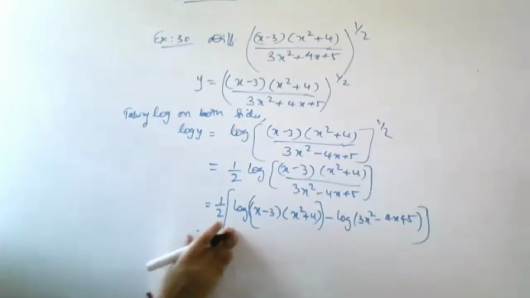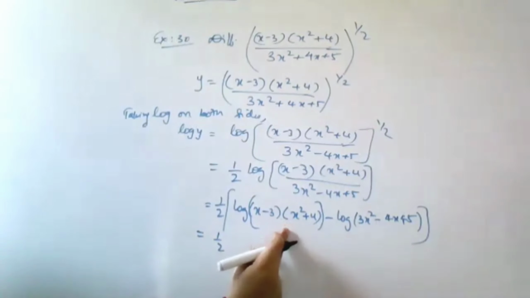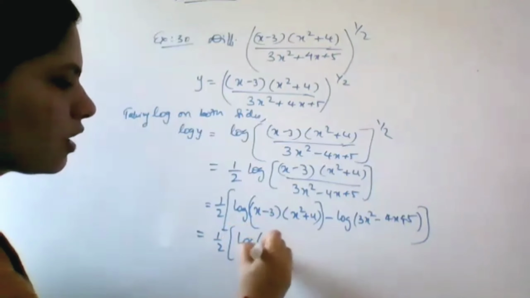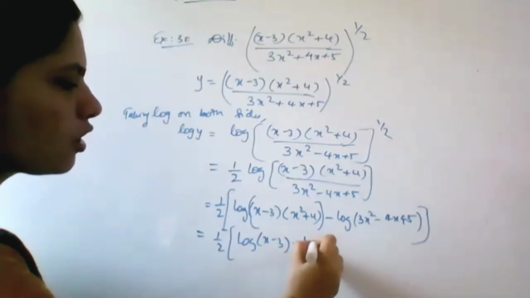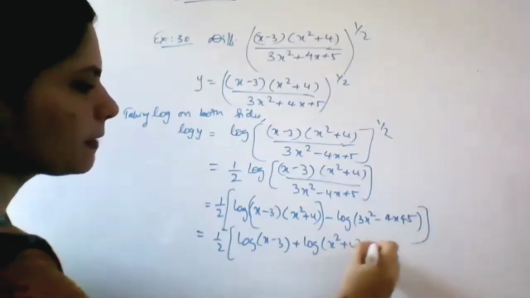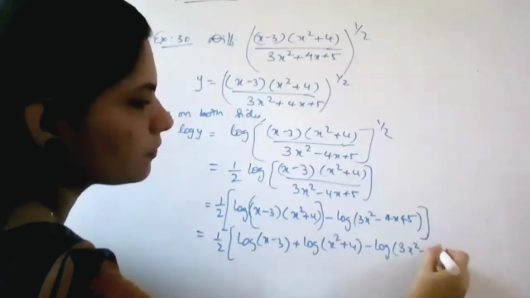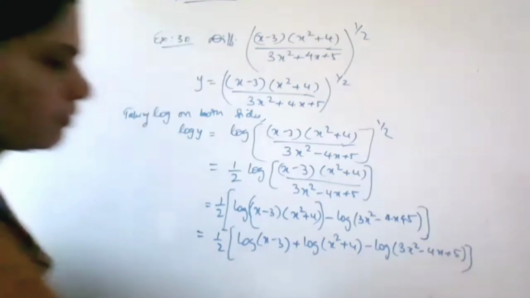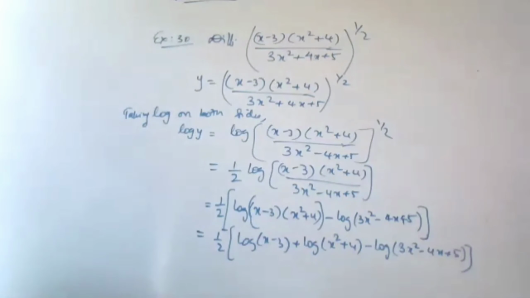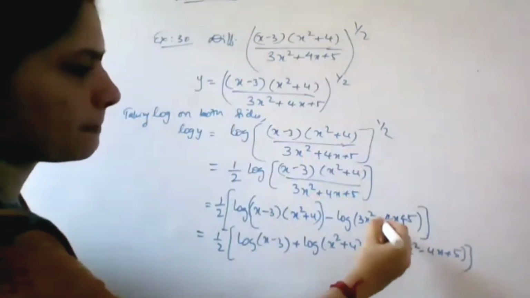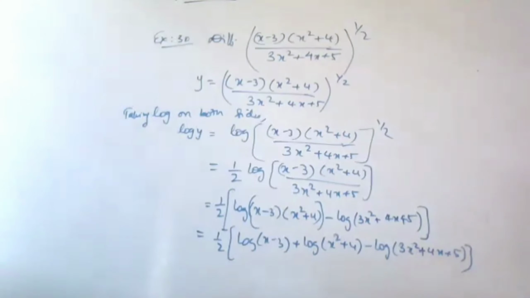And then you can split this into 2, that is log of AB. You can apply here the log of AB property, which is log A plus log B, minus log of 3x square plus 4x plus 5. Ma'am, it is plus 4, no? Where? Ma'am, 3x square plus 4x. Plus. Okay. This much property is clear.